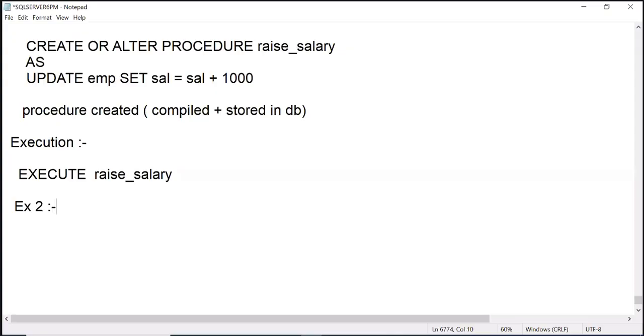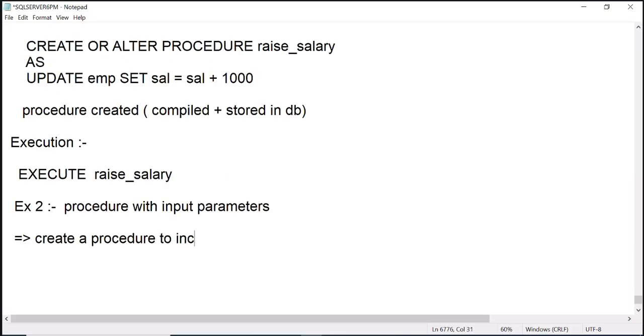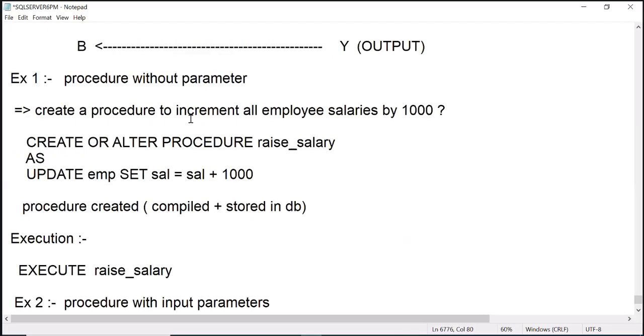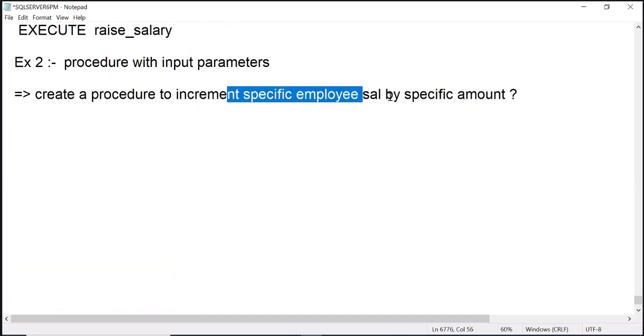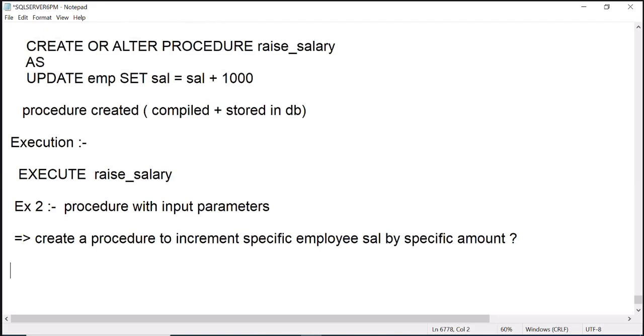But let's see a procedure with parameters, a procedure with input parameters. What I want to do is create a procedure to increment a specific employee's salary by a specific amount. The previous one increments all, but I don't want to increment all. I want to increment a specific employee's salary by a specific amount. Then what do you do? Create the same program, but